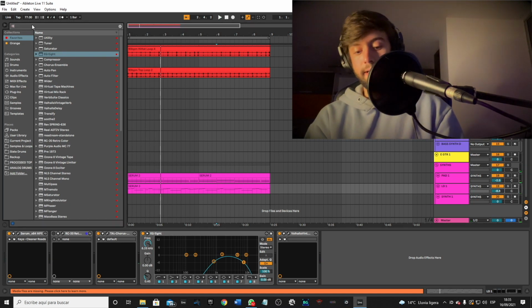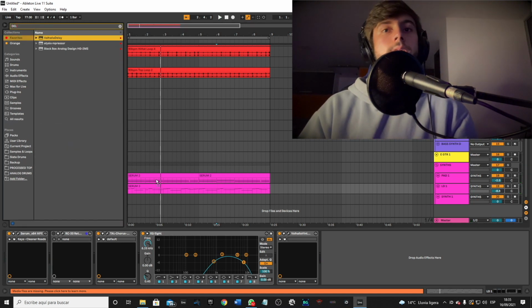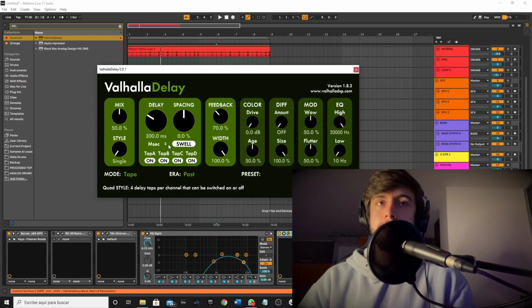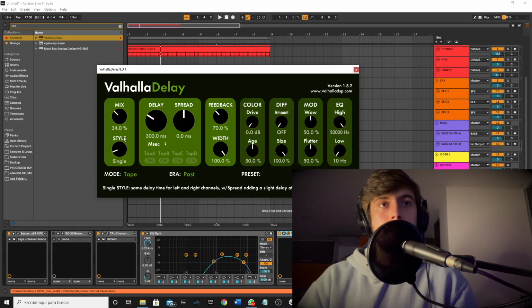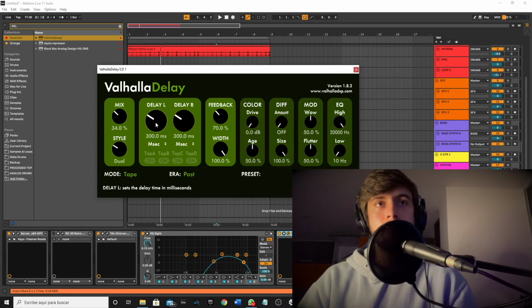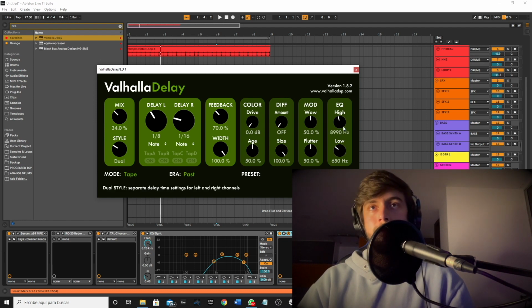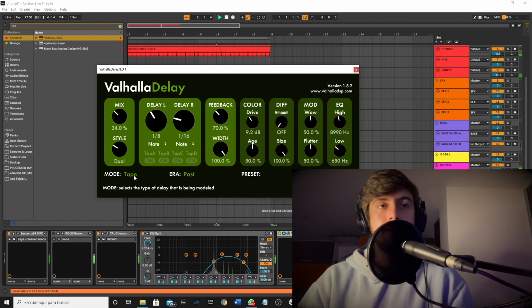Delay would be really nice. I'm gonna put it before the reverb, make it dual and probably use something that's straight, like 16ths and 8ths. Could be cool. Filter this, add some drive, and